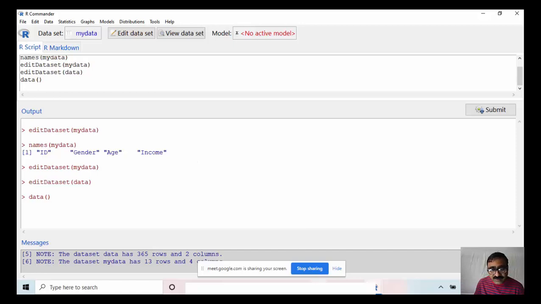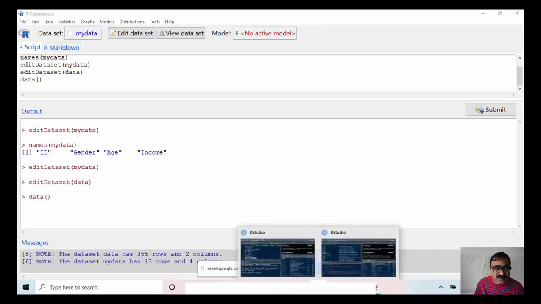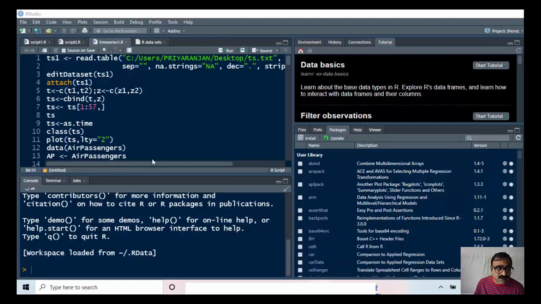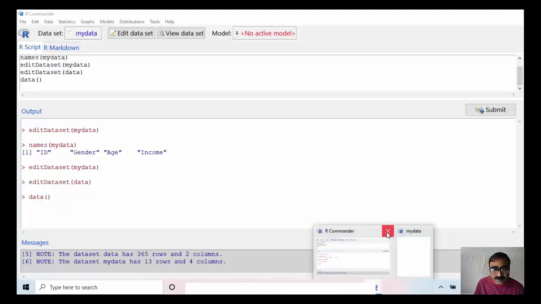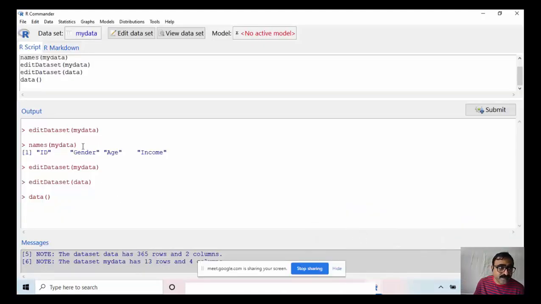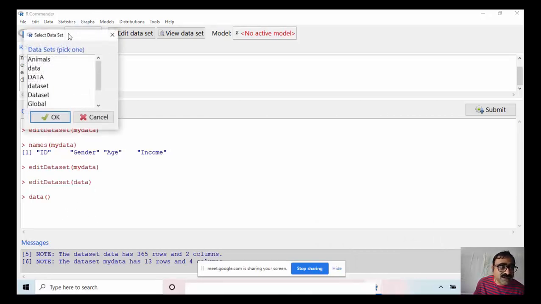That list will appear in your R Studio. So this will give you the list of all the data sets here.